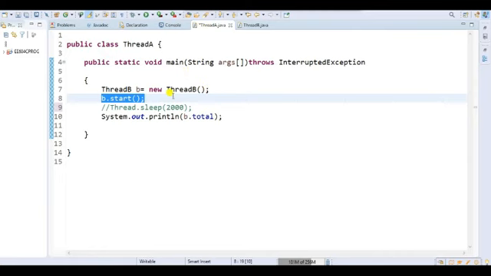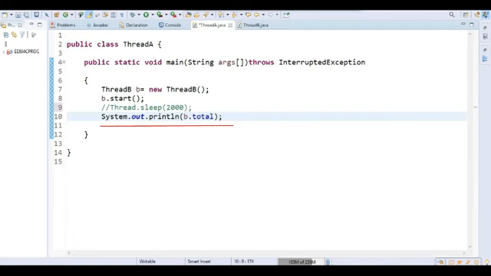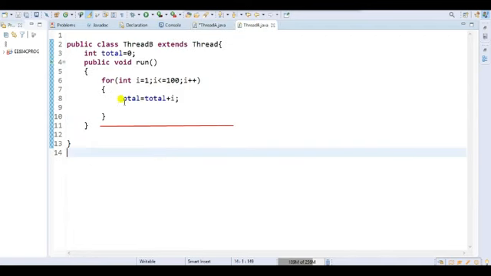After that I will call System.out.println(B.total), this line. That means it will read the total value, expecting the update from my child thread's for loop. So this one is expecting from here.